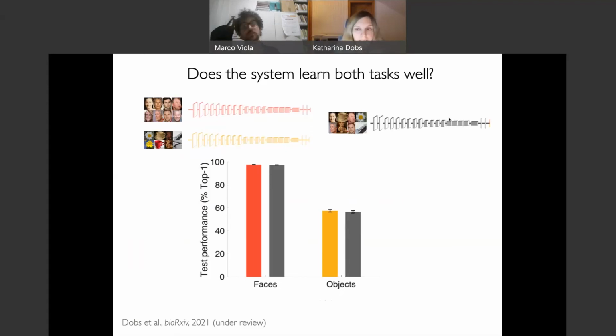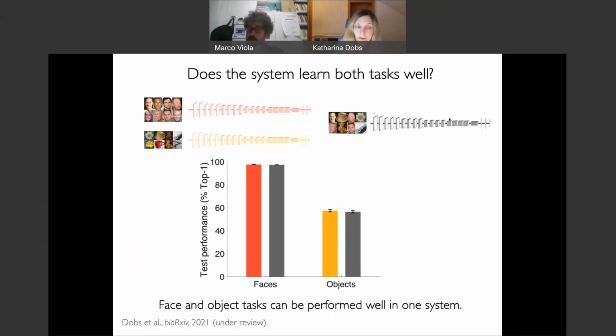And we found that yes, it does. It can learn both tasks almost as well as the single networks trained on the same tasks. So face and object tasks can be performed well in one system. So we're a bit puzzled by this and thought, okay, so far with our hypothesis, maybe one system can actually do both tasks, and there's no reason why these things have to be segregated, at least from a computational